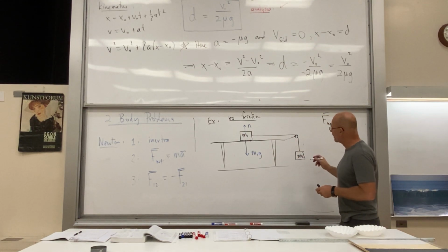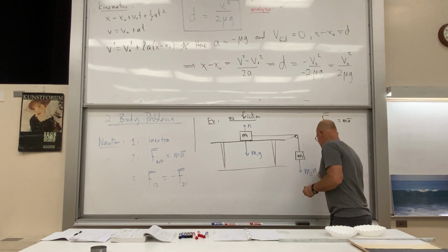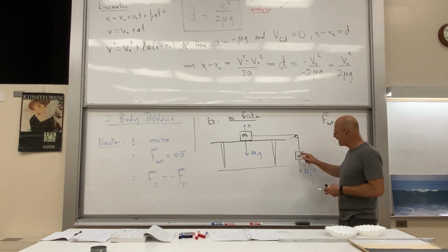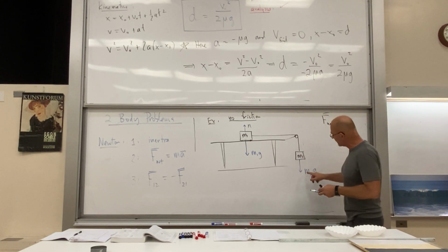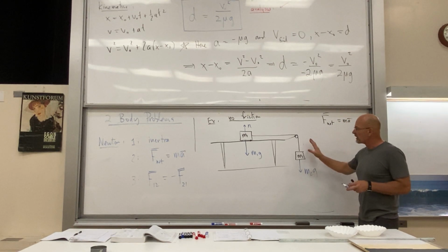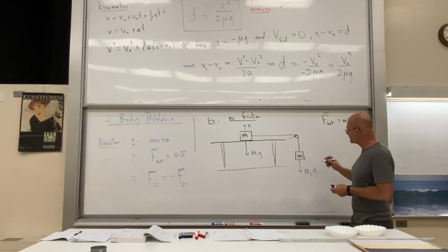Next time. Now we also have M2g. And you would think that, there's a string here, you'd think that the tension in the string is just the same as the force pulling down on it. But as soon as things start moving, that's not the case. So we have to label